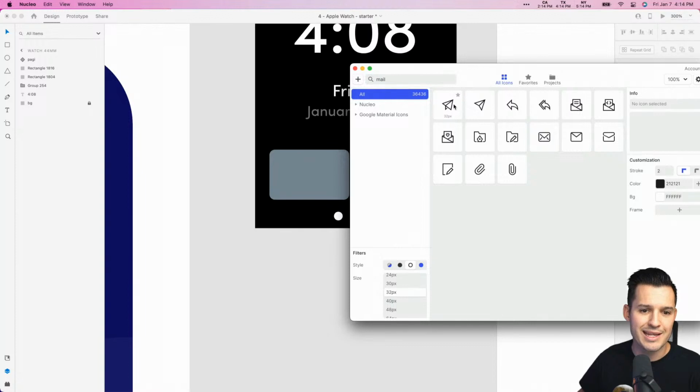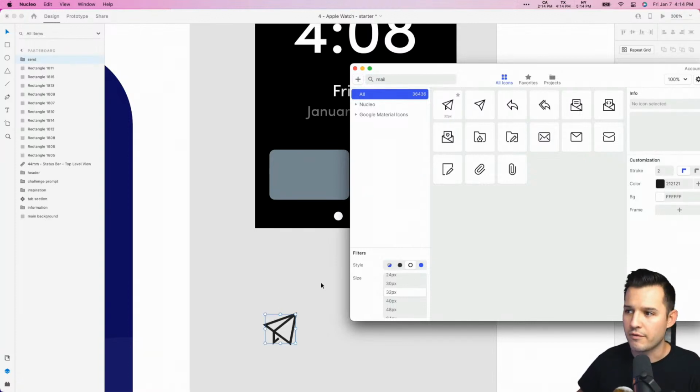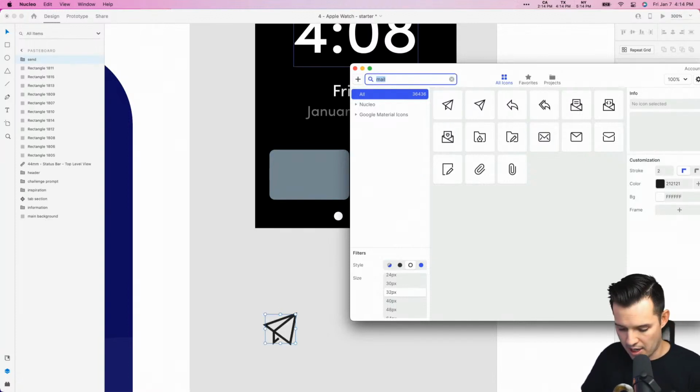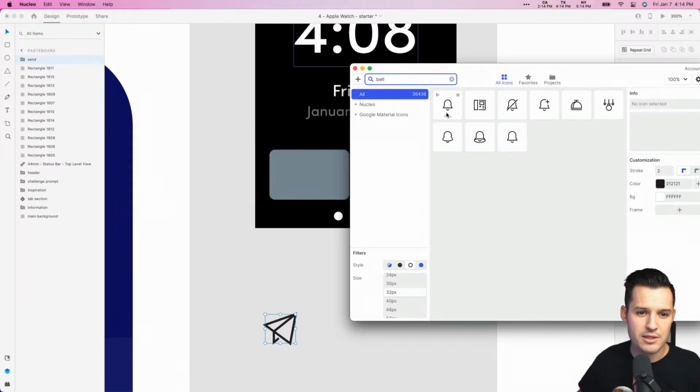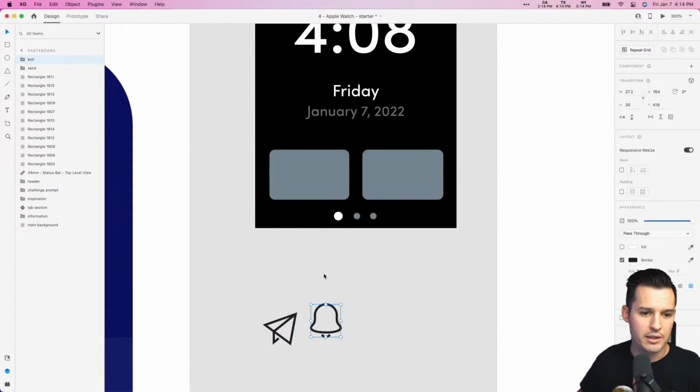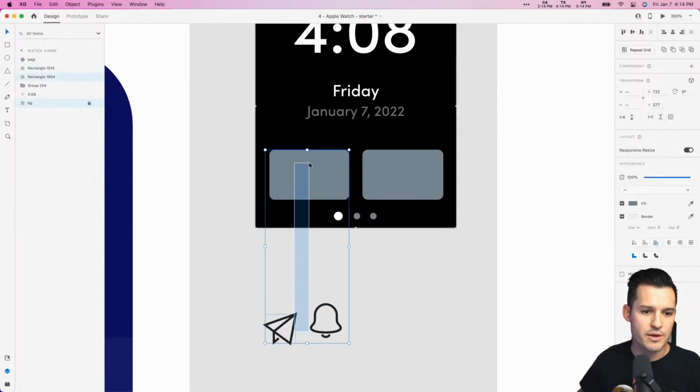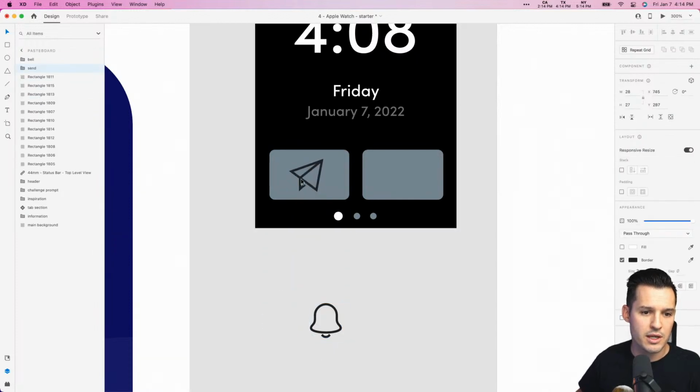Let's come back here. I dragged that in. I'm going to pull in an icon for that, and let's do something like a bell for notifications. Let's just pull our bell in as well. These are great. I love these. I'm going to pull these on top